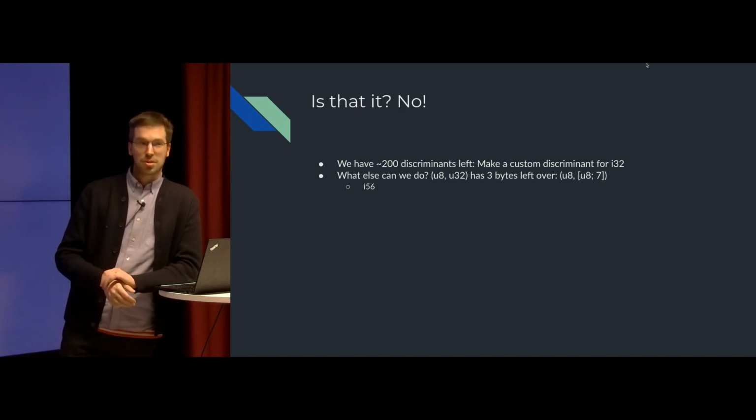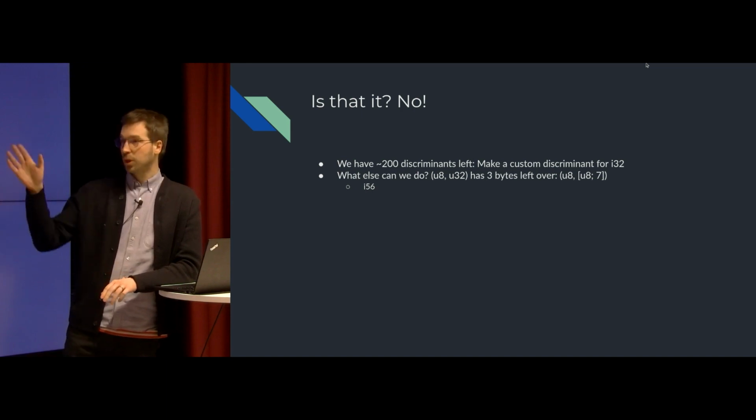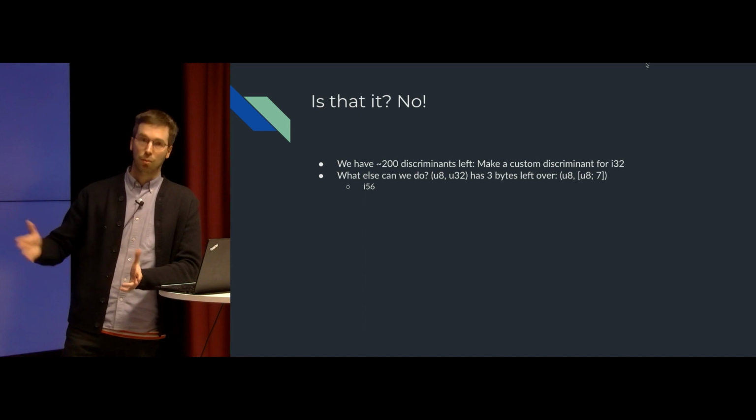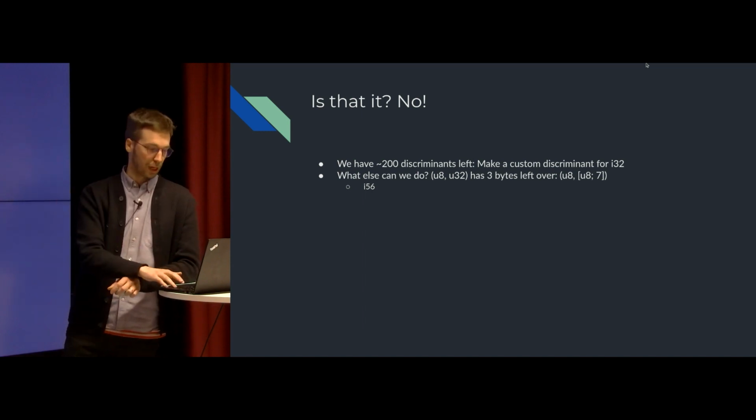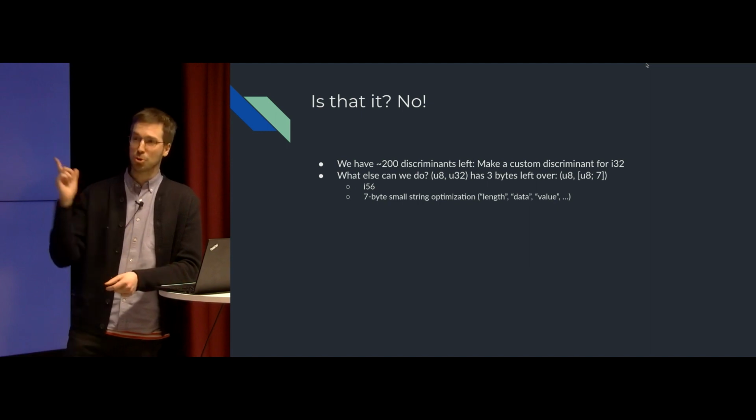Rust doesn't give us 56-bit integers directly. There is a proposal or RFC for this kind of magic, but I'm not sure if it would work here. But we can just do this manually. We just newtype a 7-byte array. We can also do 7-byte